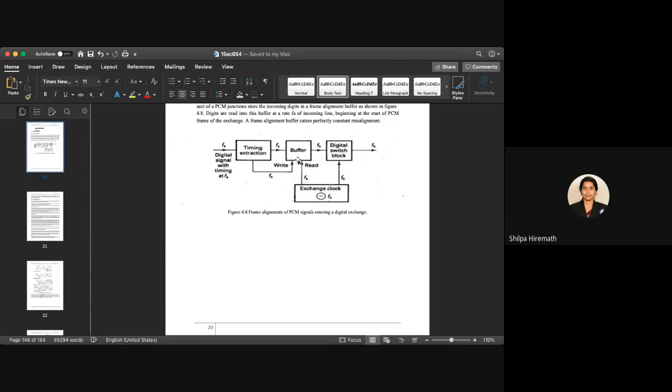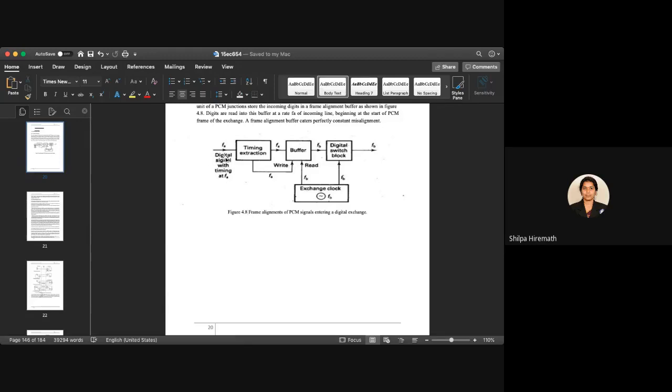So whatever the content in this buffer, if it is overflowing, once it has overflowed we have to completely erase it so that we can start from the next one. So in either case, there is a frame error, and this is said to be a frame slip. Again, in frame slip there are two types. One is said to be controlled slip, and the other is said to be uncontrolled slip. Controlled slip is nothing but a slip made forcibly to regain frame alignment.